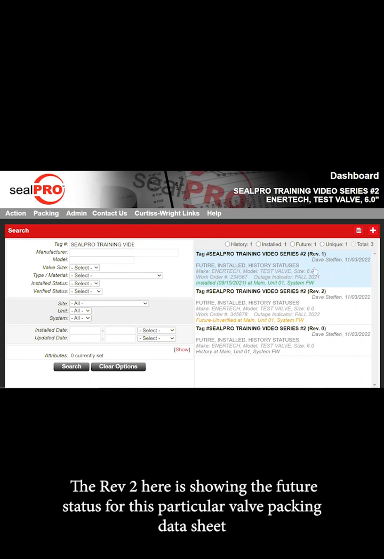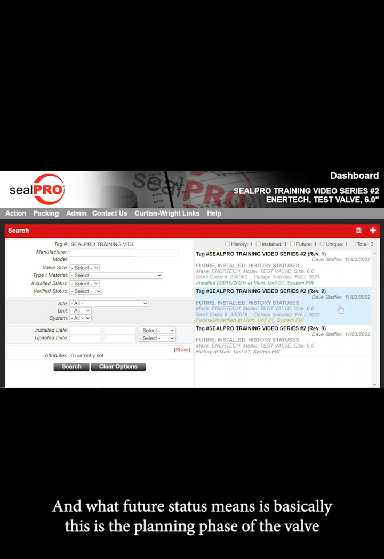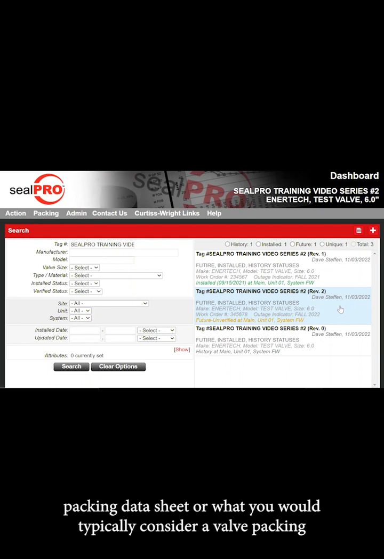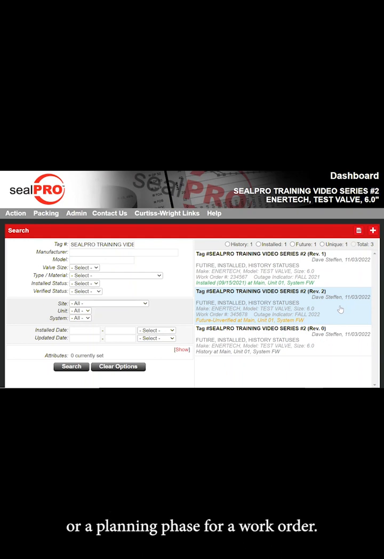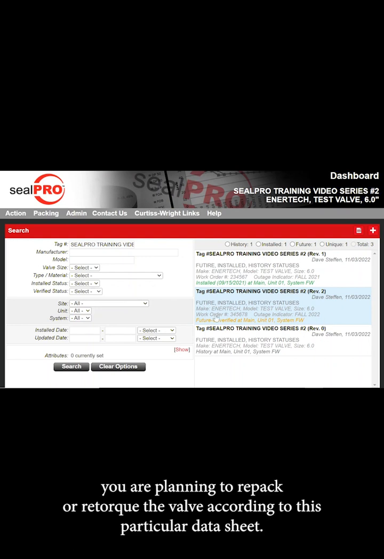The Rev 2 here is showing the future status for this particular valve packing data sheet. And what future status means is basically this is the planning phase of the valve packing data sheet, or what you would typically consider a planning phase for a work order. So what this means is that in the future, you are planning to repack or retorque the valve according to